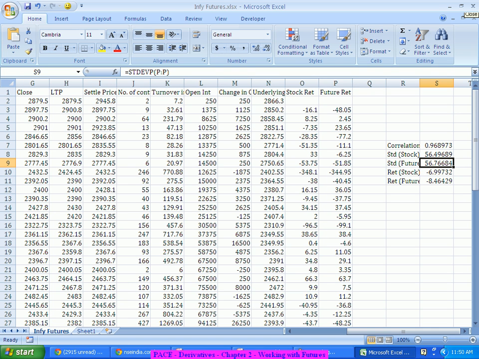Let's say I buy one in the spot market and sell in the futures market, right? So any portfolio I get into,